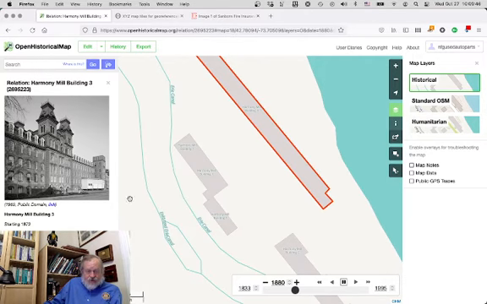So anyway, that's a quick introduction to the inspector and the things you can do by linking